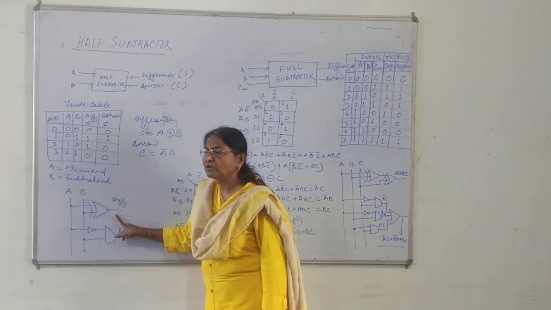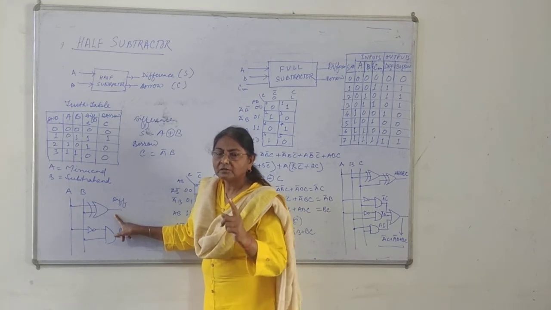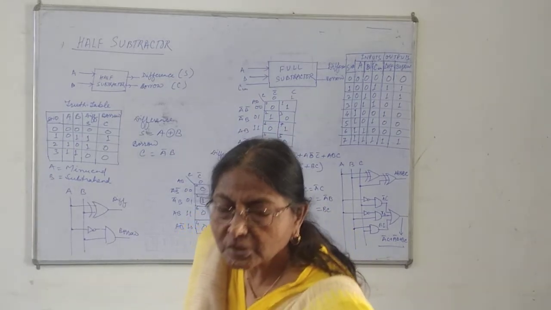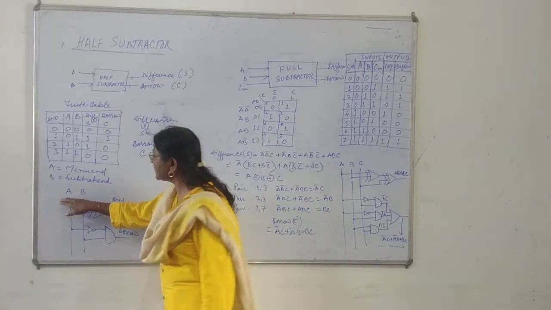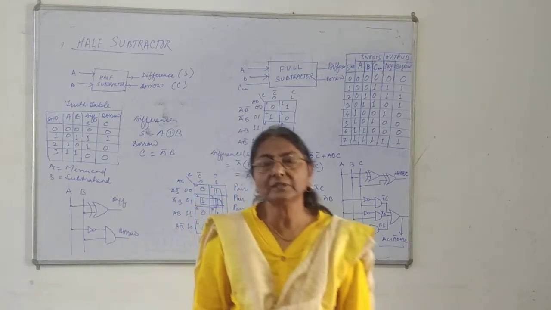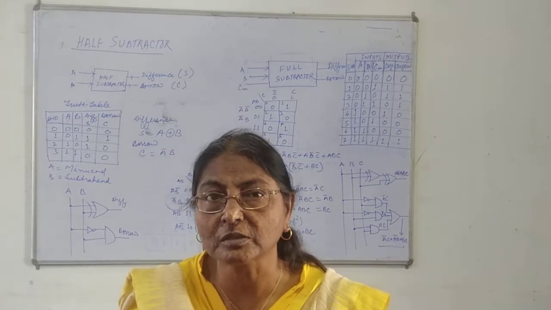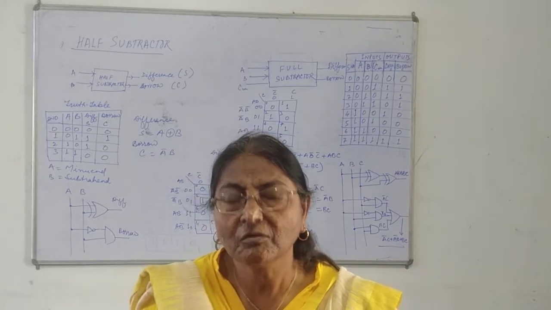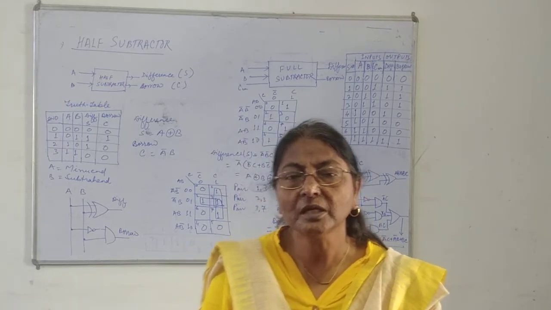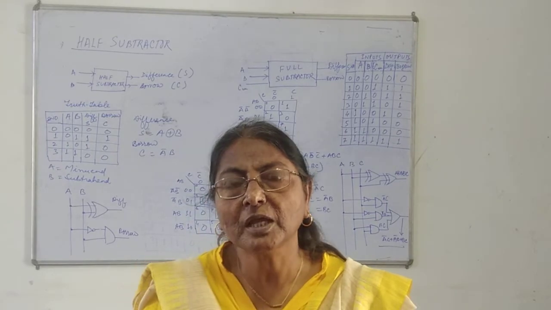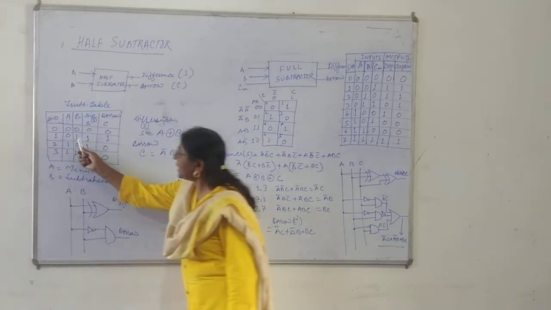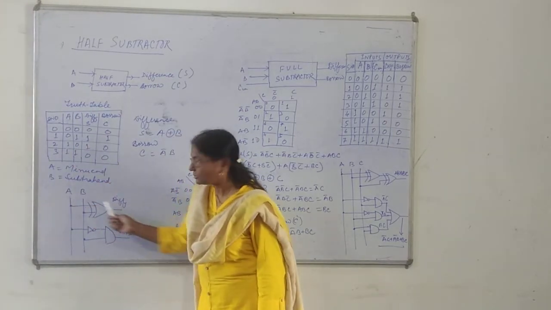In the case of the exclusive OR gate, when in a two-input gate one input is 1, the output will be equal to 1. By definition, the output of an exclusive OR gate is logic 1 when the number of high inputs is odd. Odd means if the number of high inputs is 1, 3 or 5. In the case of a two-input exclusive OR gate, there is only one such condition, because we have only two inputs. So when any one input is high, the output is high. Here I have given 0 and 1, so the output will be high.